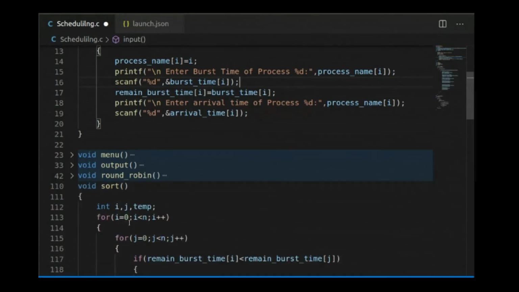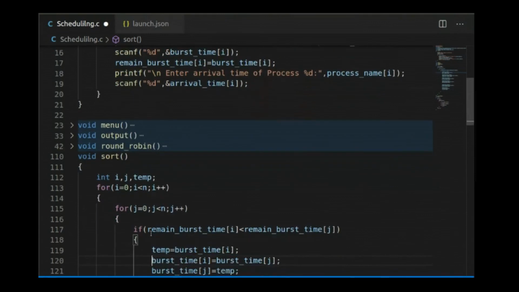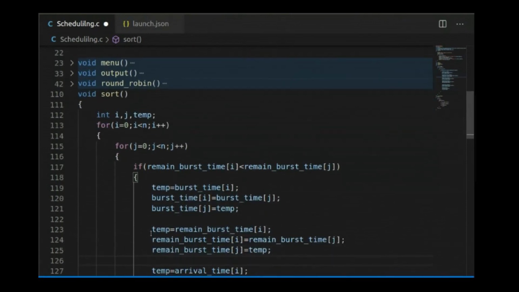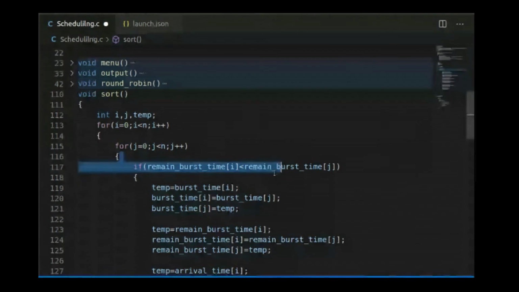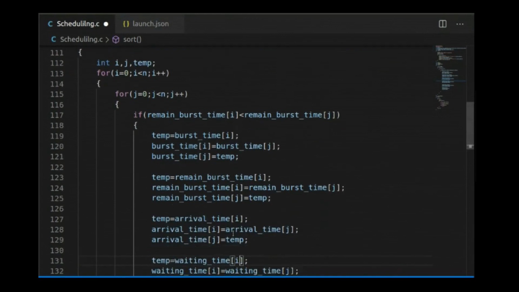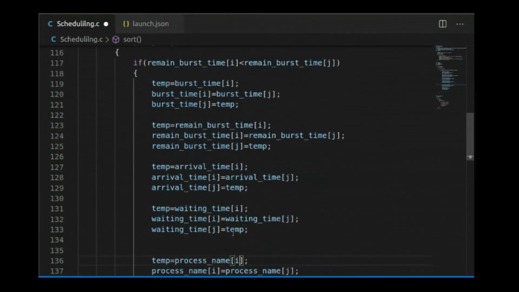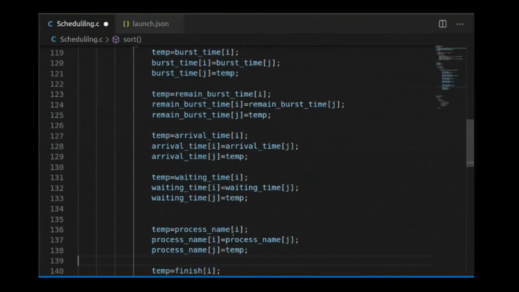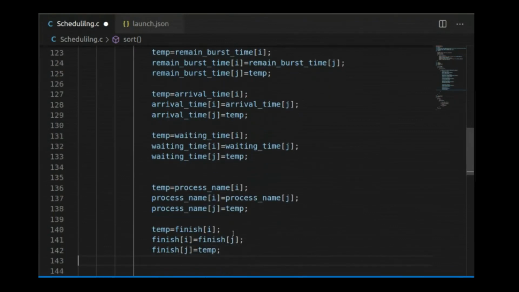Sort function. In the sorting function, we are sorting the processes according to the remaining burst time. But we are also swapping the original burst time, the remaining burst time, the arrival time, the waiting time, the process name, and the finish array as well.